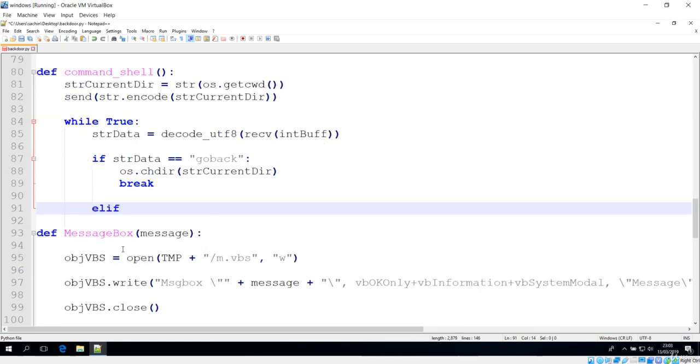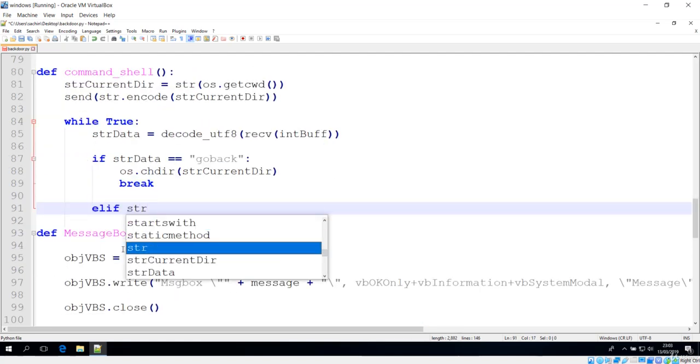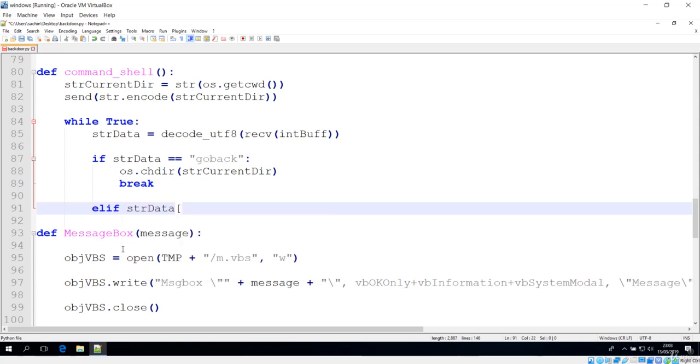Elif, the next command, we'll just take the next command if the data, or basically str data, which is sent by the server, and we'll just make the slice of that data, and let me show you what the slice will be. But first let me just convert it to lowercase, and if that is the cd command, basically we are checking for the change directory command, which is the famous command of the command prompt.